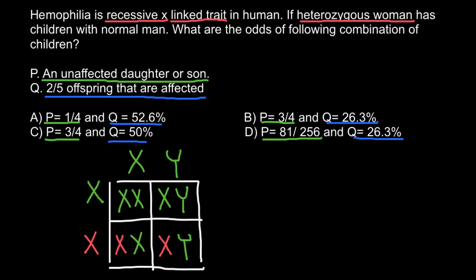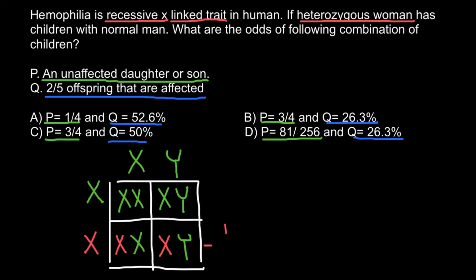And the first question is we have to find an unaffected daughter or son. What is the probability for this couple to have an unaffected daughter or son? It is a little bit confusing. One way would be to add this 50% plus this 25%, and we are going to get 75% or 3/4. So this